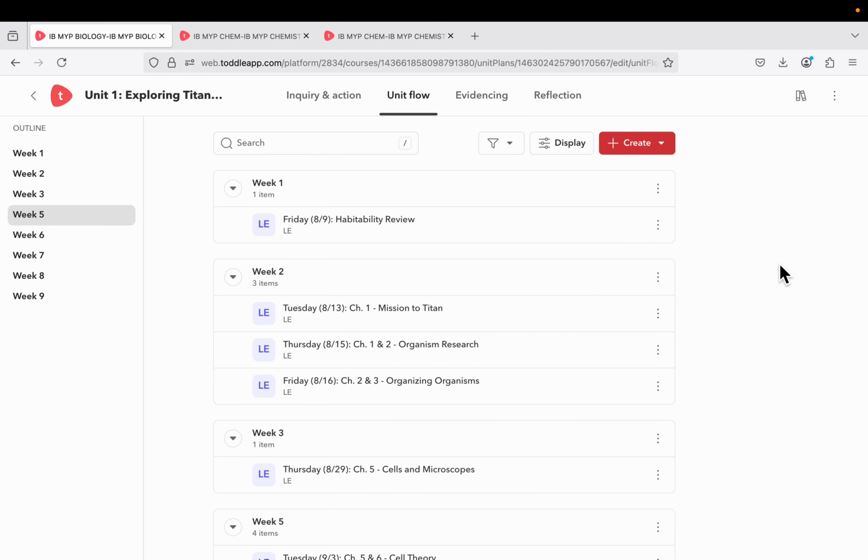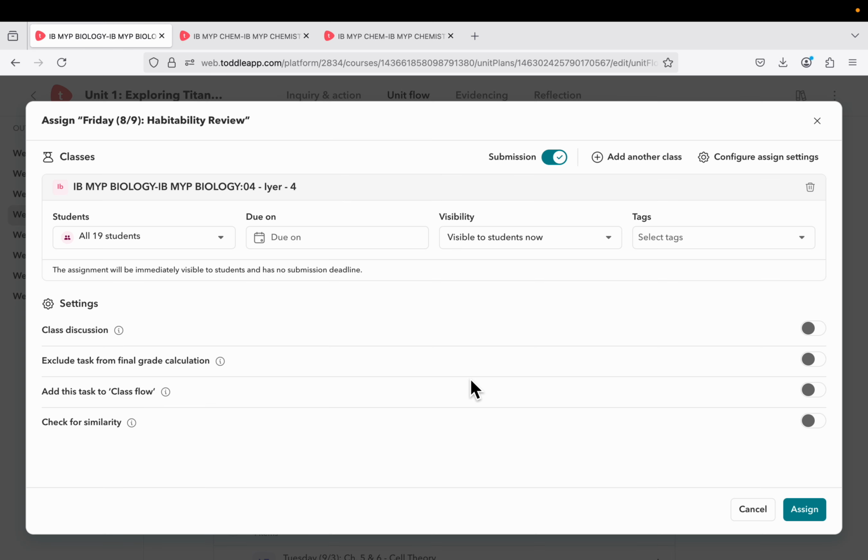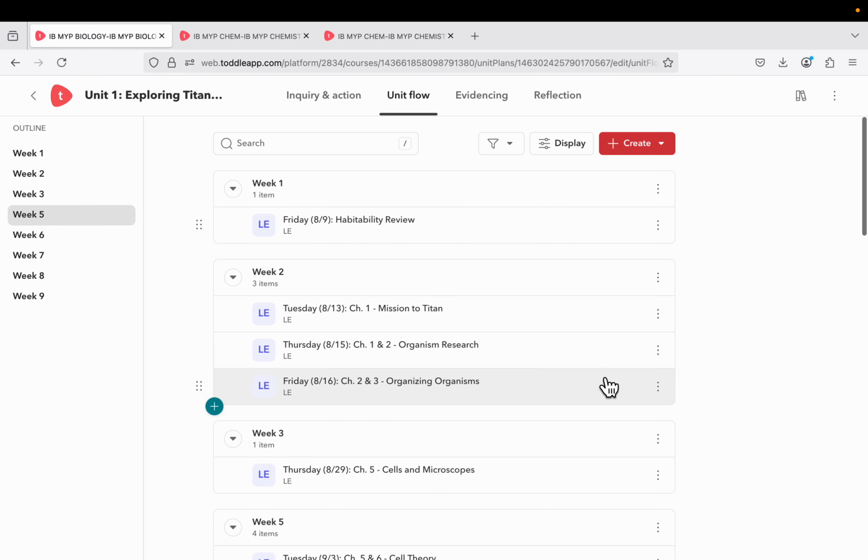But here's the nice thing. This year, I don't have to redo all this. When I want to move this in to my class, I can do assign to students. First, I can edit it, change the dates, change anything I want, but then I can just click assign to students and add it to the class that I want it to be in, and my work is done for me. So if you're reorganizing things, then definitely there's going to be some edits to be made here, but overall,